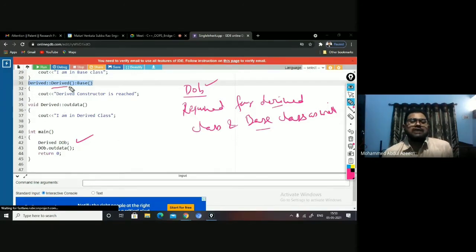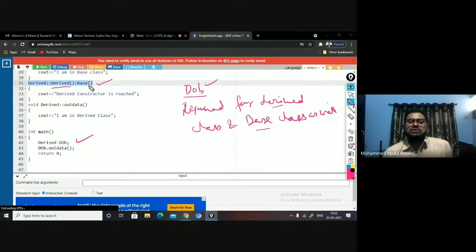Now, what happens at the time of creating an object itself? Yes or no? Constructors are going to be called. So here, the derived class constructor is going to be called. But before the derived class constructor is called, it will call the base class constructor.